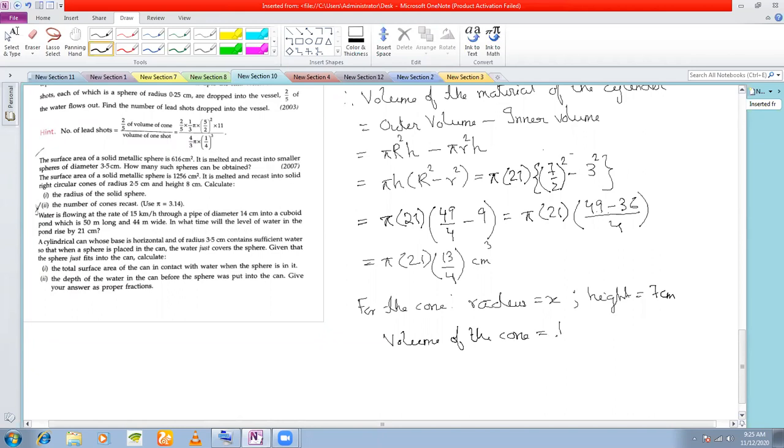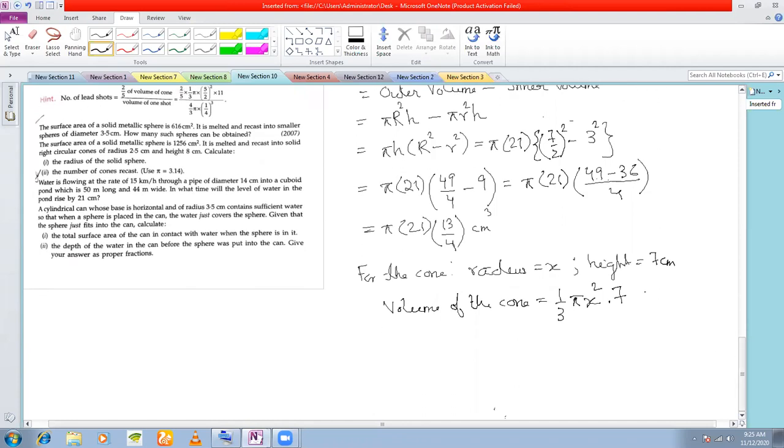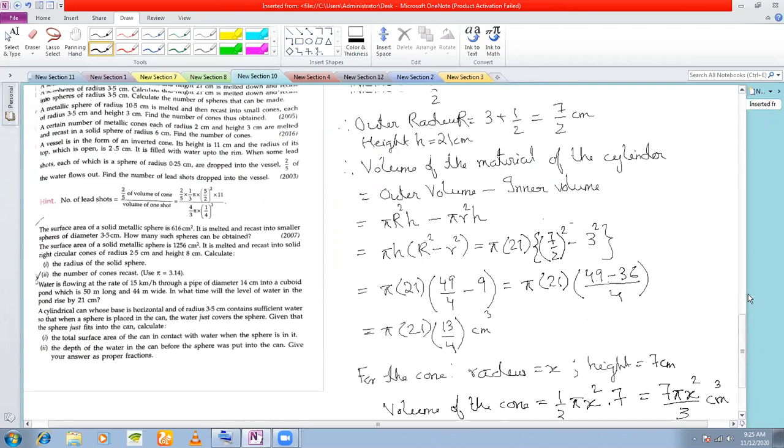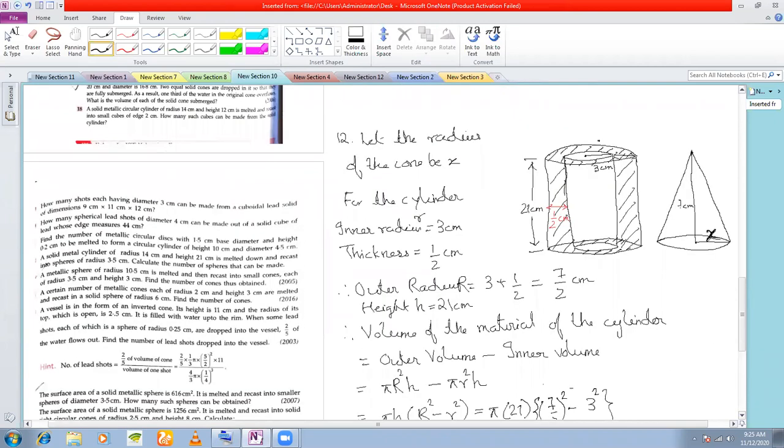Volume of the cone is 1/3 πr²h. Here r is x, into h. Okay, this is what your volume is. So 7πx²/3 centimeter cube. Now see, if all the material from this hollow cylinder is being used to make the cone,